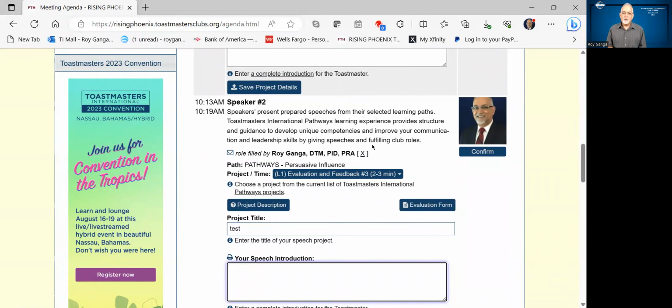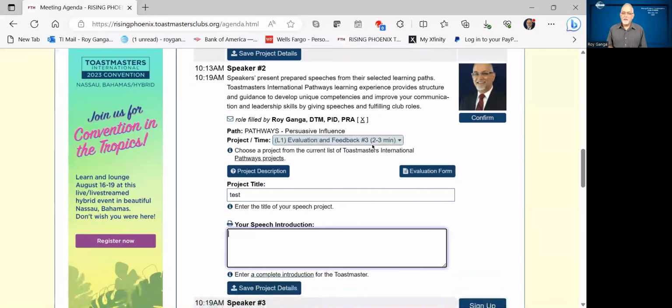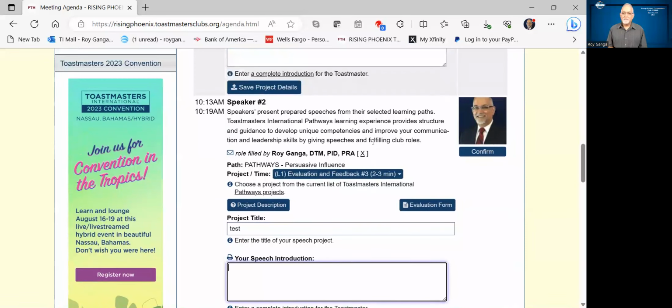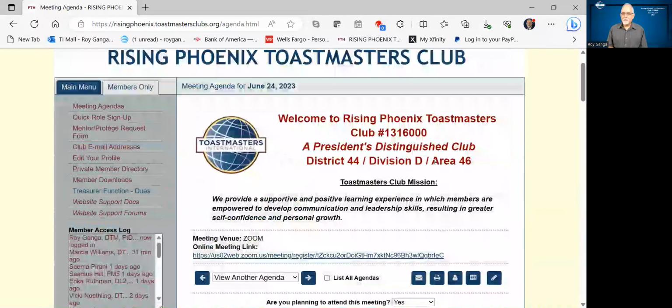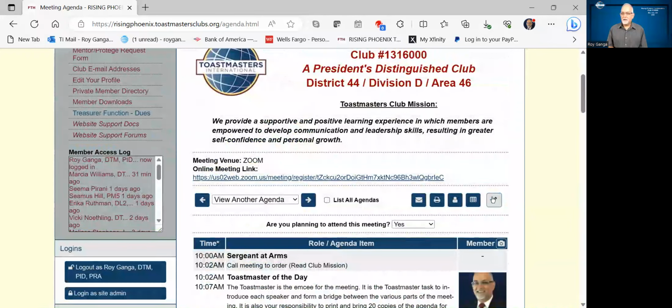If you are speaking on a project where the time is less than 5 to 7 minutes, as in this case, this presentation is only 2 to 3 minutes, but the default time on the agenda is set to a 5 to 7 minute limit, you can go in and adjust the time. You do so by clicking on the pencil icon at the top of the agenda, where I'm circling right now,